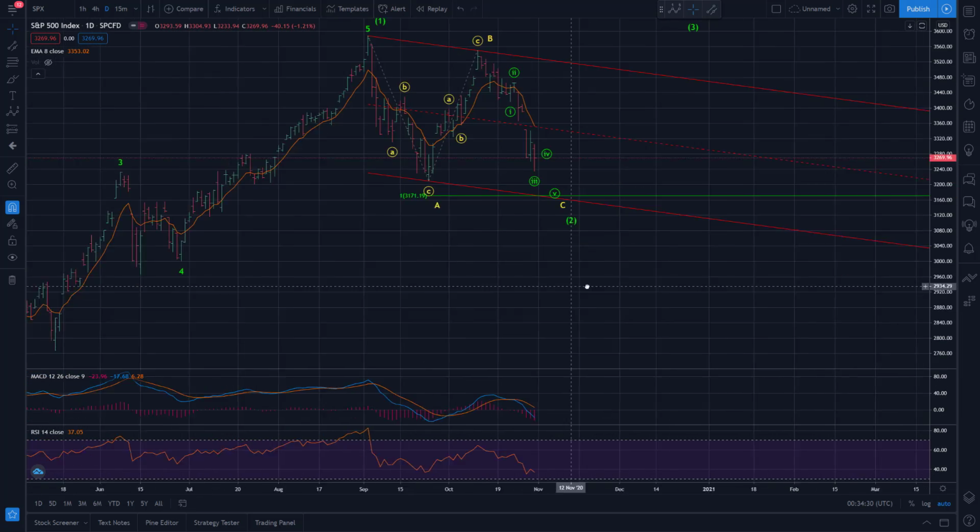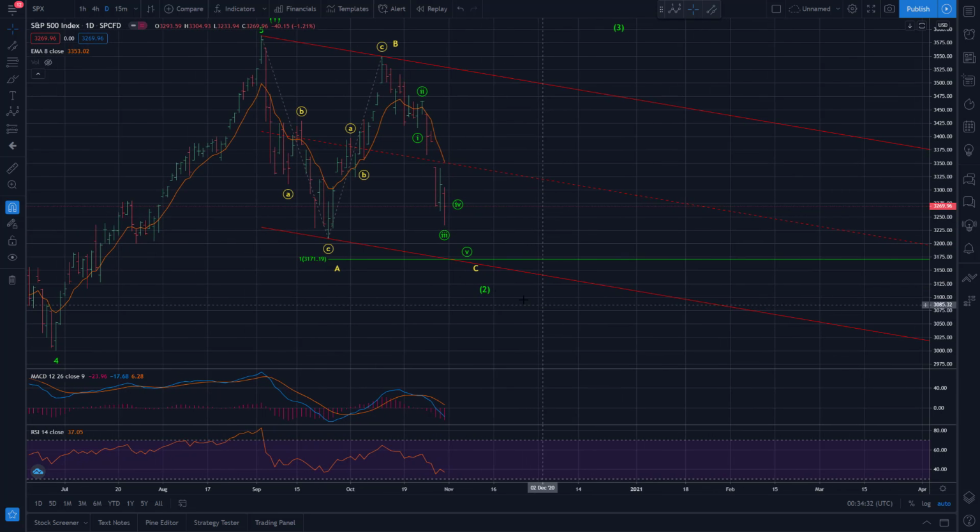And if I just go in a little closer here, this is what we're looking at. So very similar setup, obviously not identical, but a similar idea. Kind of peaked in, well, in this case it wasn't the August period, but early September, within 2 weeks of the same time that we peaked in 2016.